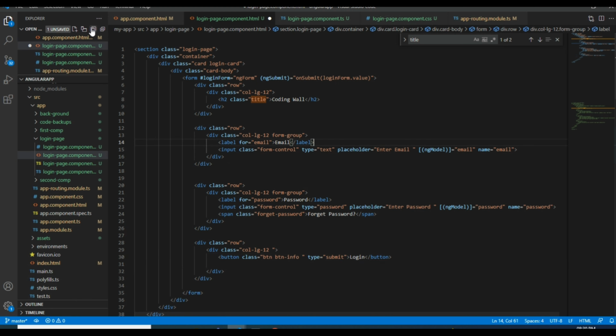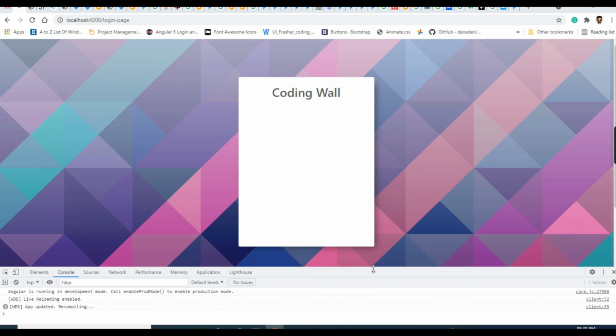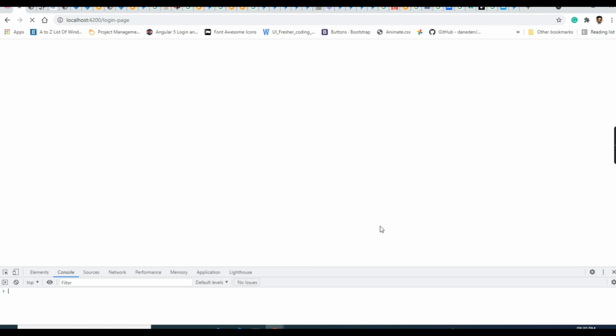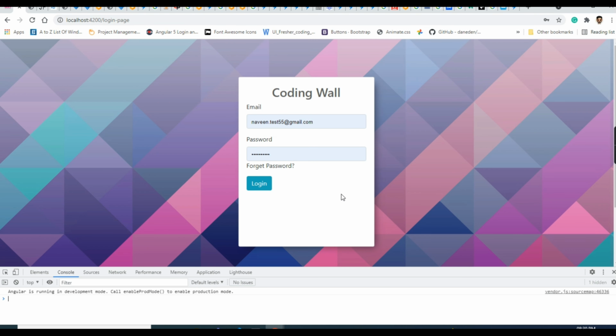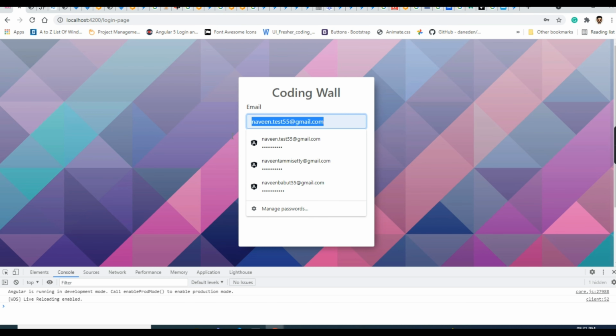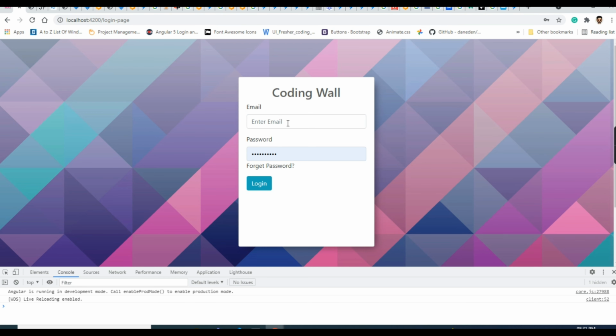Okay, so let us check once how the UI is, how the form is aligned. Still running. Okay, page has been reloaded. Okay, so I'll do one thing. I will align this and forgot password this side and remaining.